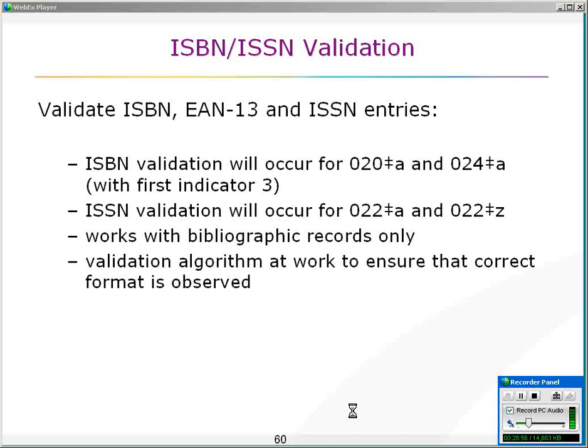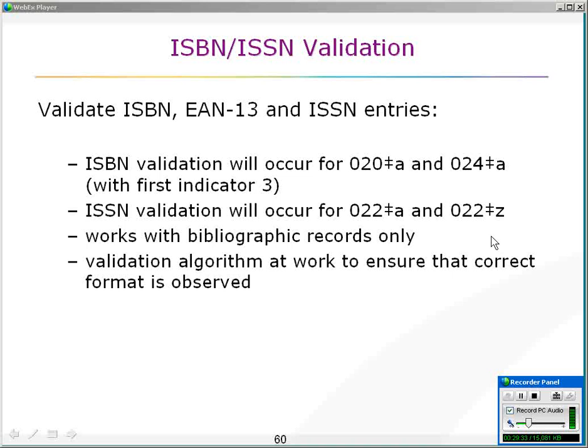So with the ISBN/ISSN validation, we can validate the ISBN or ISSN entries. And there is also this thing that's called EAN. This stands for European Article Number, and the 13 meaning it's a 13-digit number. So the ISBN validation is going to occur for fields that traditionally hold these entries. So the 020 subfield A, the 024 subfield A, holding ISBN entries, the 022 subfield A or 022 subfield Z,